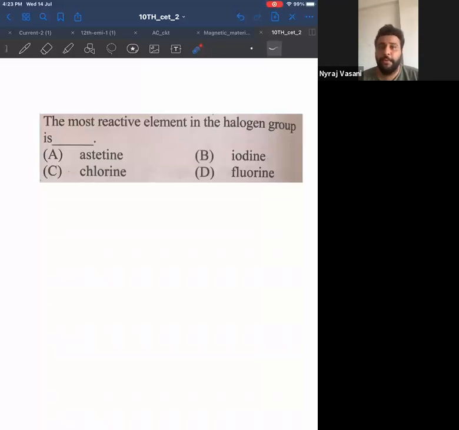There is one more question regarding halogens, which is very common, which will be my next question, but I want all of you to look at it. Don't make a note, nothing. Look at it. If this question comes in the exam, immediately you should know the answer. Learn it right now, looking at the screen. The most reactive element in the halogen group will be fluorine.